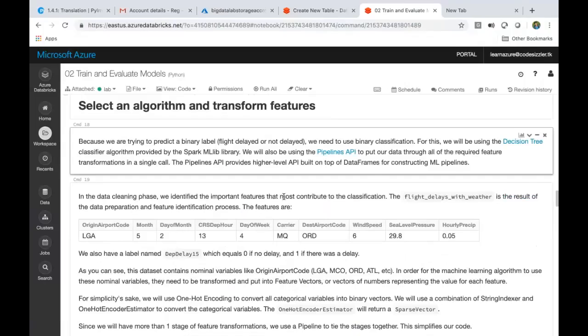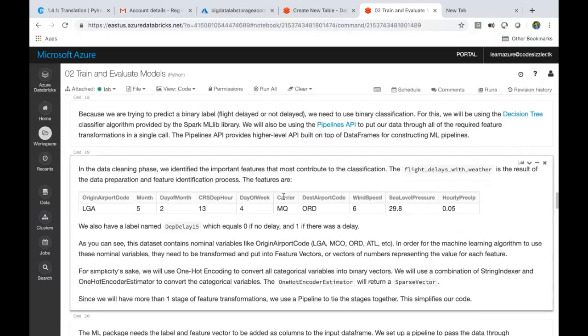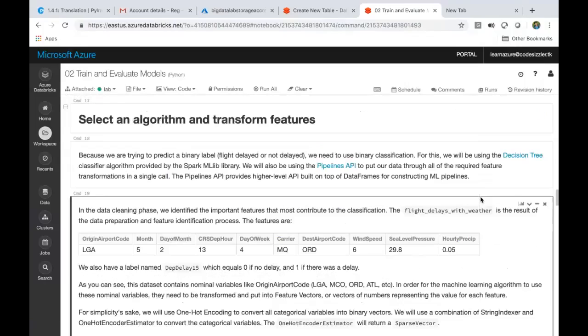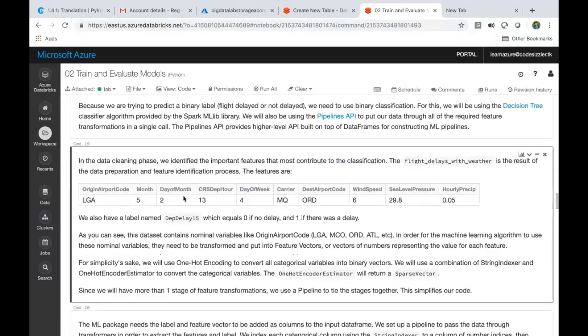So what are we passing in to get the records? We're passing all these columns: origin, airport code, month, day of month, all these parameters into my algorithm to predict the value of whether it is delayed or not. When I pass all these things, it should tell me if the departure delay is 15 minutes or not. Clear everyone till this point?